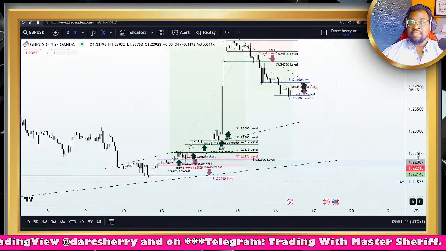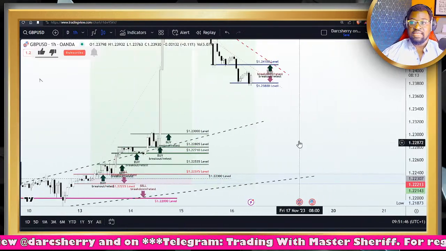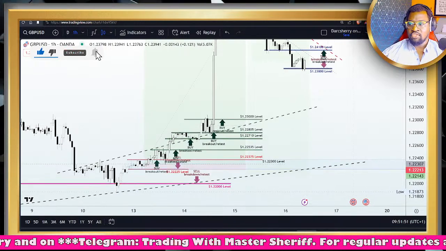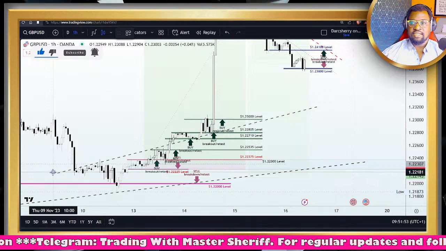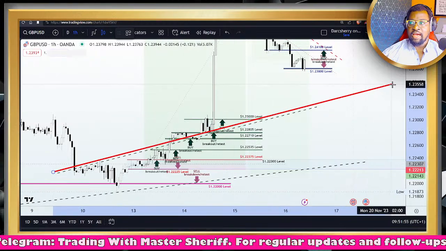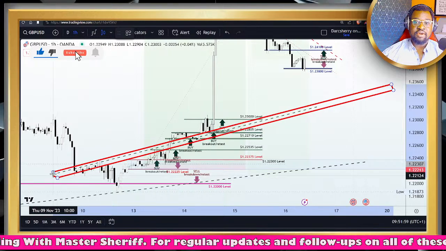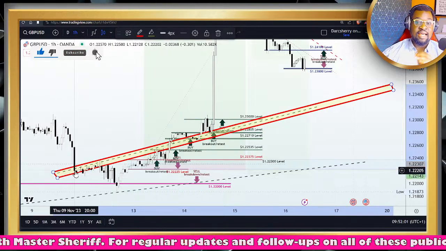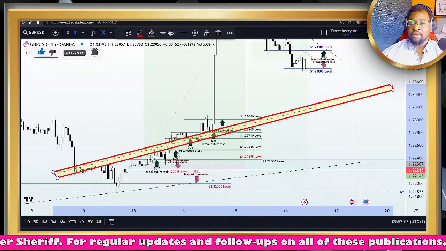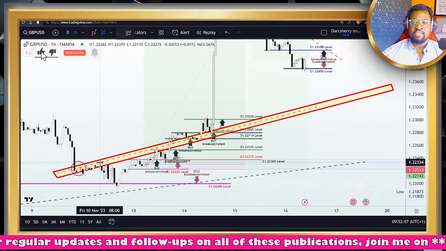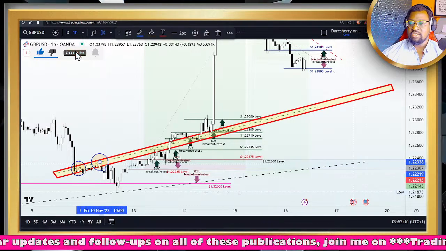The one of them is the ascending trend line we spotted here during our live session on Tuesday. Yes, on Tuesday. So we saw this ascending trend line marked out here, and in fact it had played a major role in determining the direction of price action since last week Thursday. If you look at it closely, you see it was more of selling around Thursday through Friday's trading session,